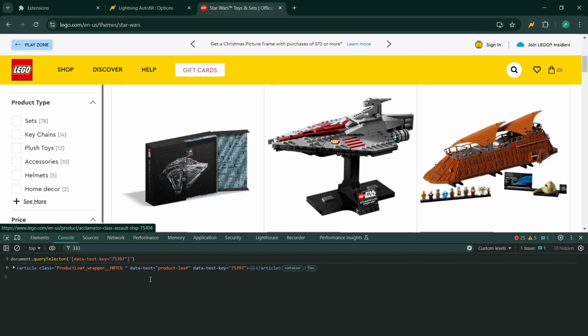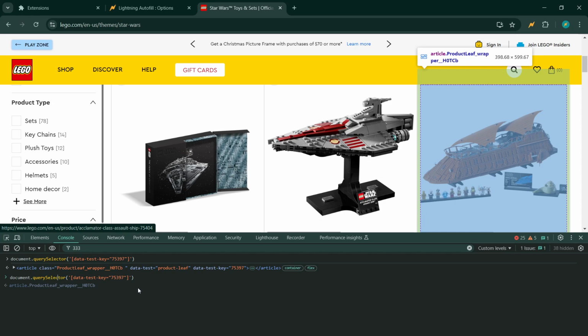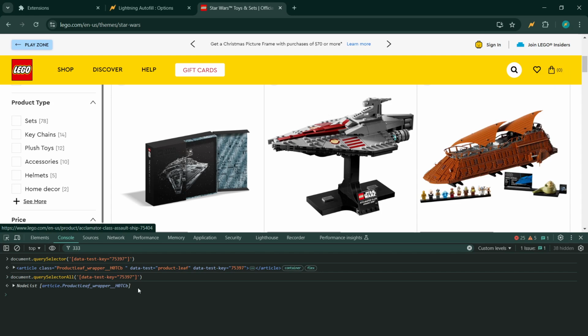One thing that I recommend is to see whether this selector matches a unique element. How do you do that? You change querySelector to querySelectorAll, like this. It will return a list of every single element that is found using this CSS selector. So it found one element because we only see one element in the list. So this is a good sign. You can likely use this selector.